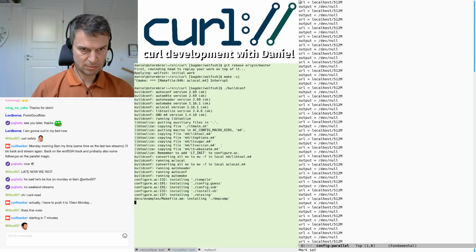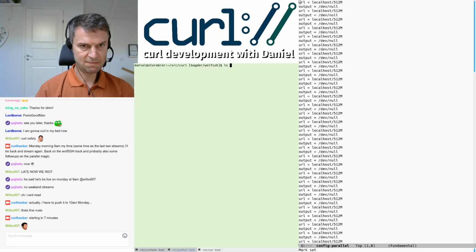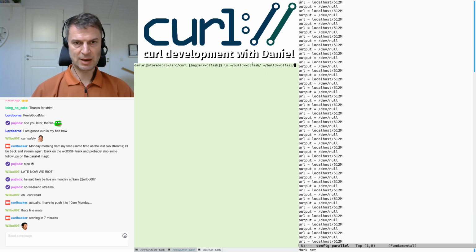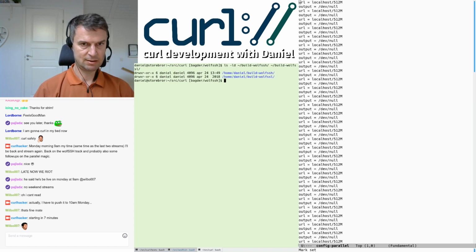And just as a reminder, I have wolfSSL installed here, wolfSSH there, and wolfSSL too, because wolfSSH depends on the wolfSSL library, so they are both there. And I built both of these from source. I installed them in these directories, and when I build curl now to use them,